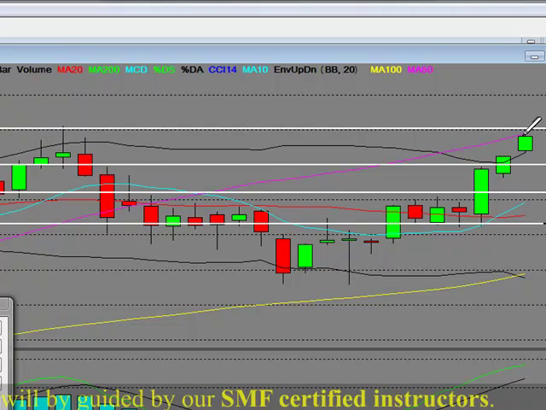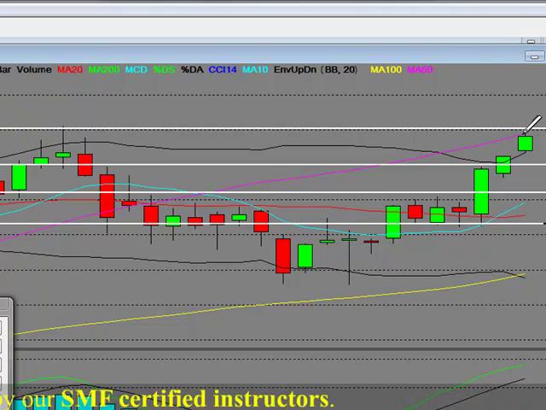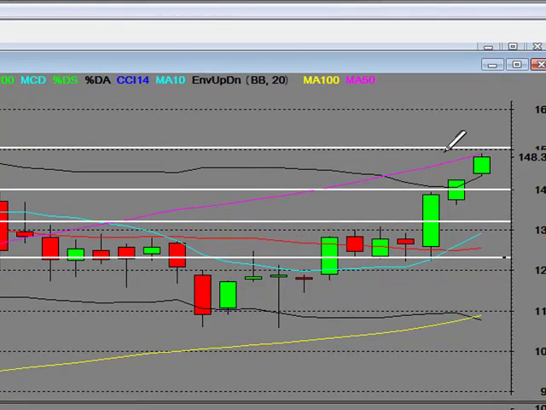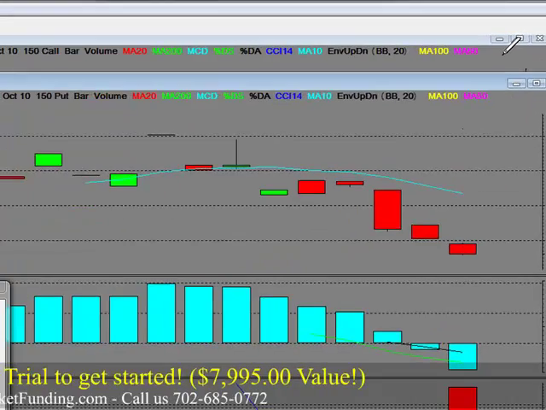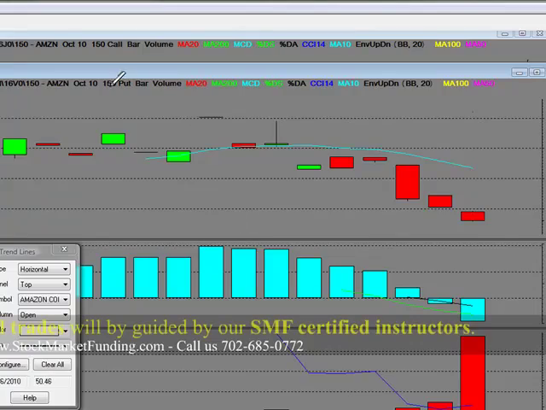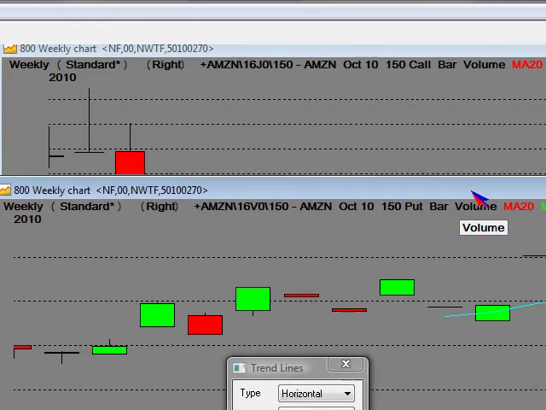Now we're extended, so what we're going to be looking at on Amazon is where this top end resistance over here failed. We're going to be looking for the reversal patterns like I showed you on your platform as MMTs. So basically I'm going to get into the call and put structure, and here we go. This is a $150 put, and